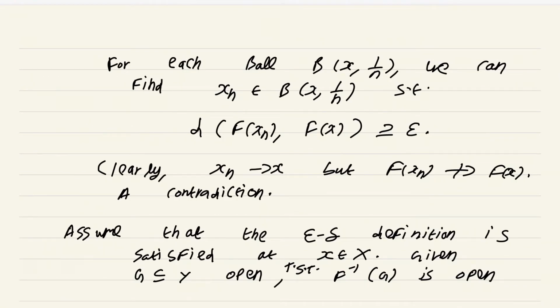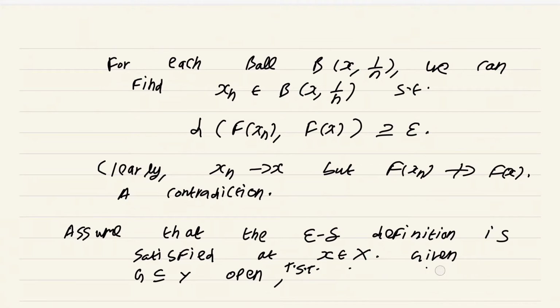We can find some ball B f of x, r, which is contained in G, simply because G is an open set in Y. Okay. Now, what we are going to do is to show, rather, since I'm not going to show that F inverse G is open, I'm going to show